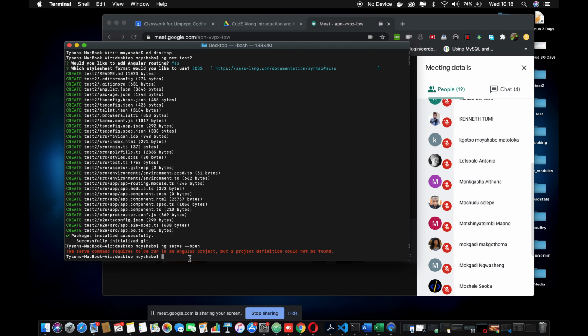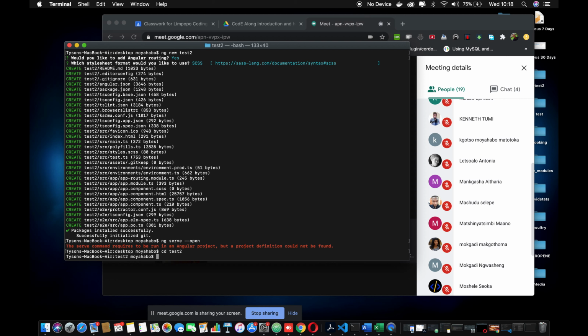So we're gonna say cd test2. Then we are now inside the folder, meaning now we can run our command anyhow. We can run any command that we need. We can install anything inside our project because we are within the folder now. So we can now say ng serve